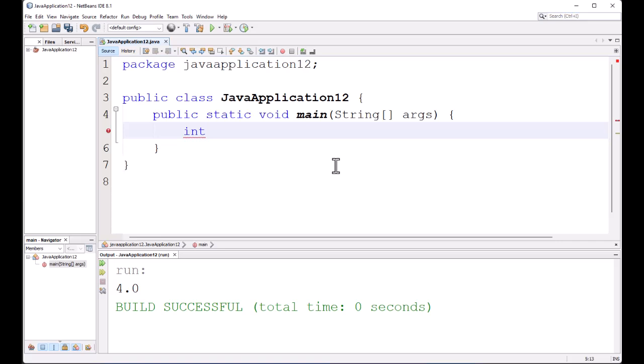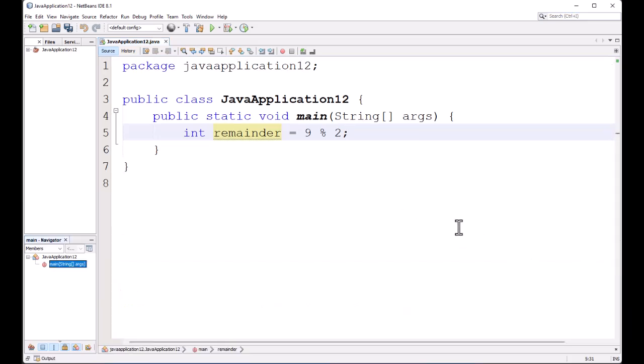Integer. Alright, I need an integer. This integer is going to be a remainder. Int remainder. This is equal to, let me start with the 9. This time I will use modulo 2. If I divide, let me remove the output. If I divide 9 by 2,